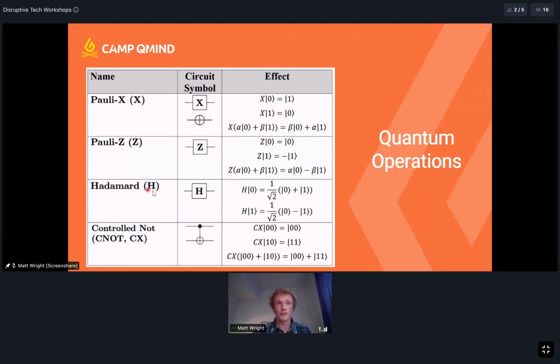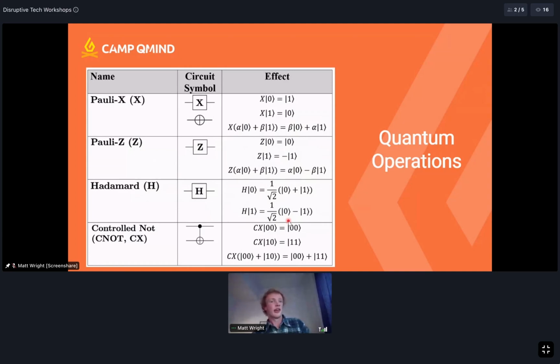Then there's the Hadamard gate. This is another big one, H is what it's represented by, and it's really like the superposition operator. So it takes a 0 state and puts it into an equal superposition of 0 and 1. Each of them has an amplitude of 1 over root 2. Why root 2? Well, it's just a normalization thing. States have to be normalized so that the probabilities sum to 1. It just makes physical sense. Don't worry too much about that, but here you can see that each of them has a probability of a half. And then the Hadamard gate on the 1 just introduces a negative phase here.